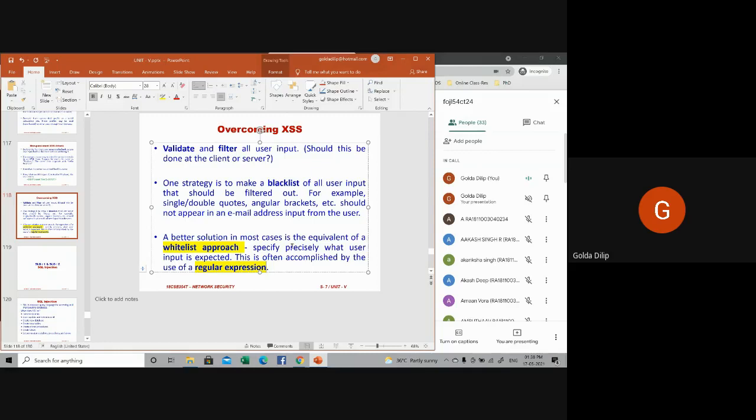But writing a regular expression to handle all permissible strings may not be very straightforward. For example, writing a regular expression for an email address may be straightforward, compared with writing one for a password, because a password may include extra symbols or forbidden symbols like quotes or angular brackets. All these aspects should be taken into consideration. So these are the various approaches for overcoming cross-site scripting attacks.